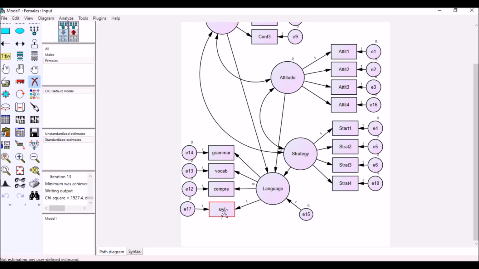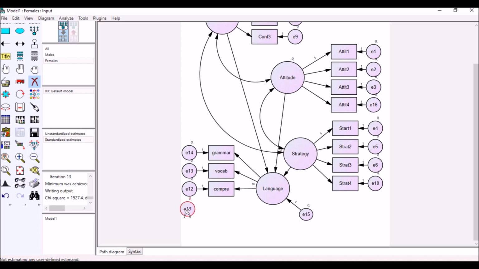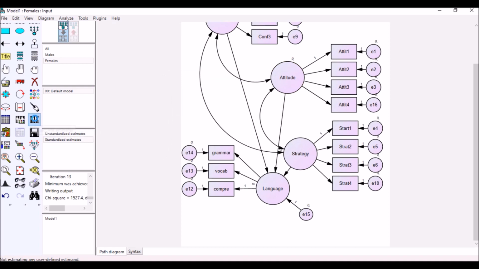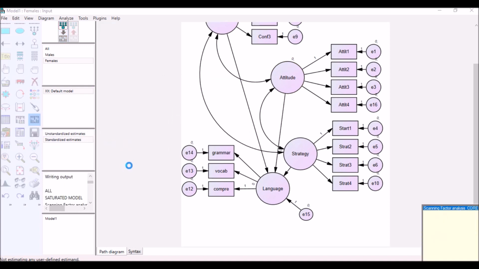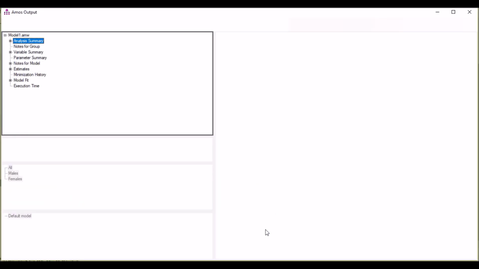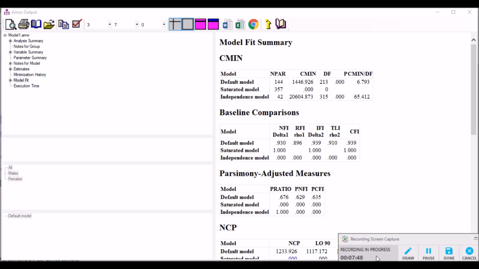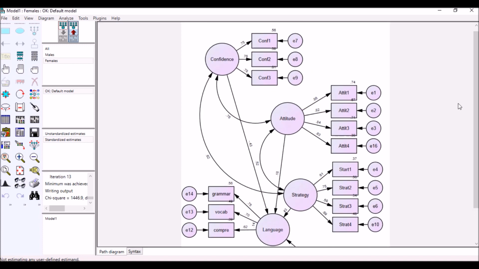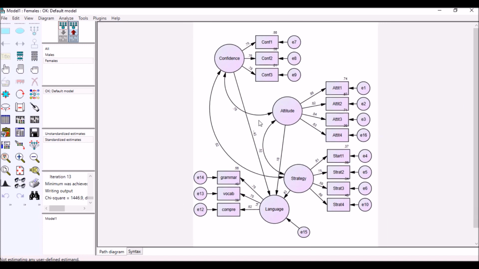Again, click on the option and remove. And I need to fix one of these paths again to 1 and estimate. So we can see how this estimation works this time around. Okay, so go to model fit. So I don't see a big change in the norm chi-squared value, but the TLI and CFI look fine to me. So one of the reasons why this model is not very optimal is the fact that I have not